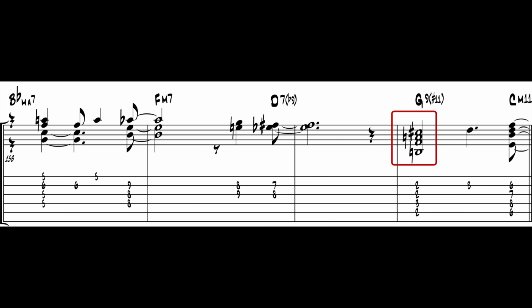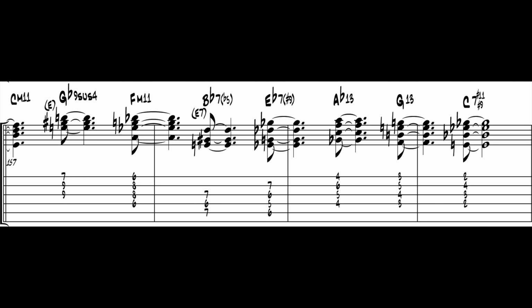Normally that chord would be a D minor 7 flat 5. This is a really interesting G7 sound here that twists the ear, and I think in a good way. It has the natural 9 and a sharp 11 in it. Then the last 8 measures starts with a rootless C minor 11 voicing to an E major triad, which creates